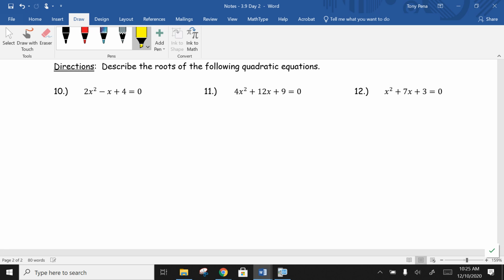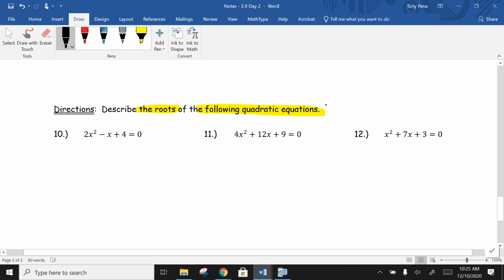Because understand this set of directions. All I want you to do is describe the roots of the following quadratic equations. So you have 2 options to solve these. One option,